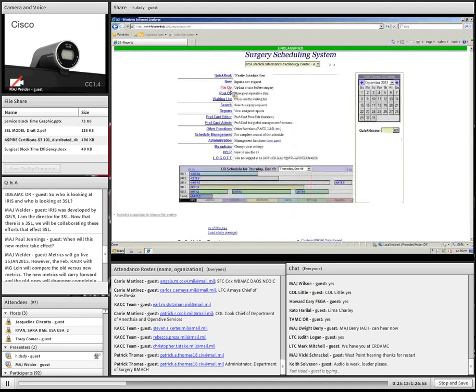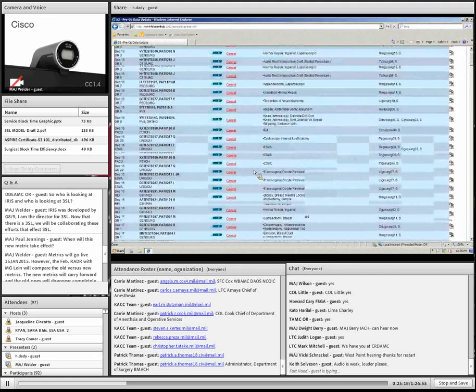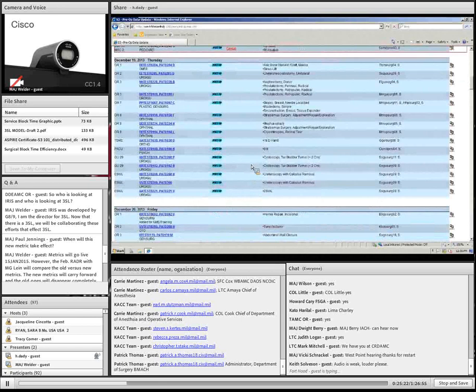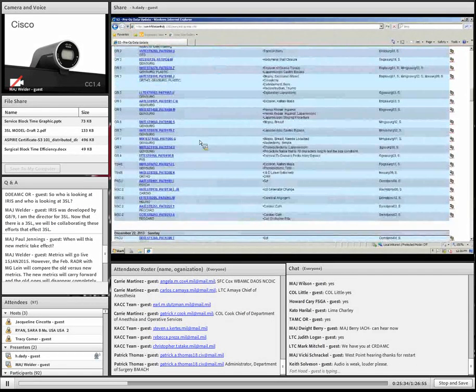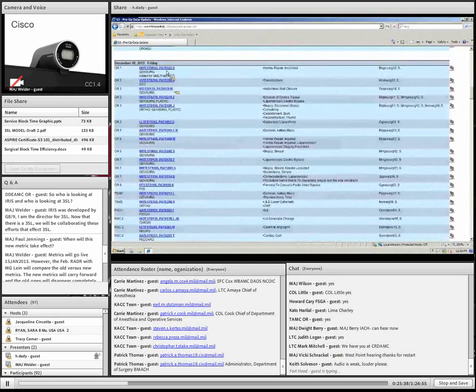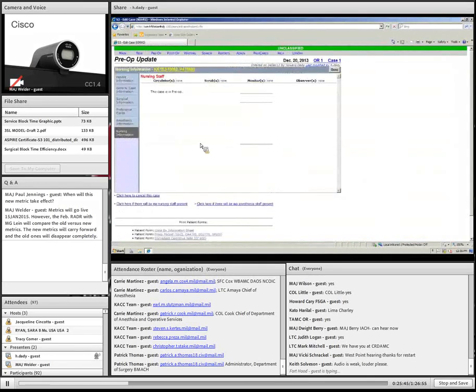When you're in the pre-op mode, you can actually see all the patients that have been done in the past and need to have their documentation completed. You can see all the patients that are on today's schedule, and you can see patients that are out in the future. If you're logged on as a case scheduler and you're on this particular page, you can click on any functionality in here that you need to, or you can click on any patient, and by clicking on the patient,